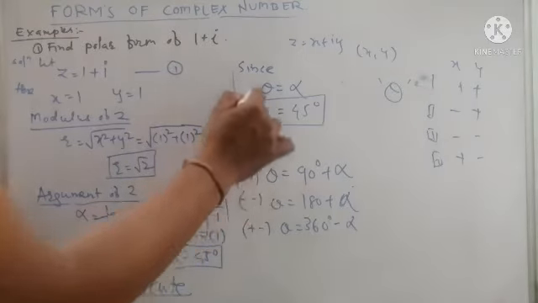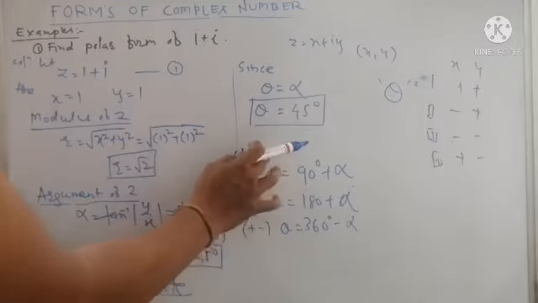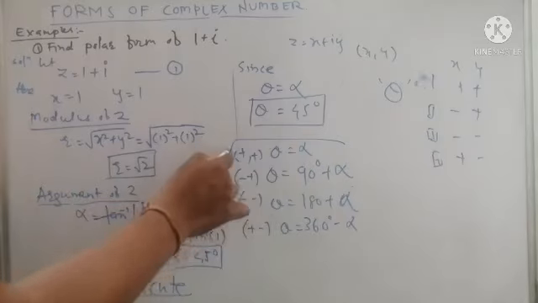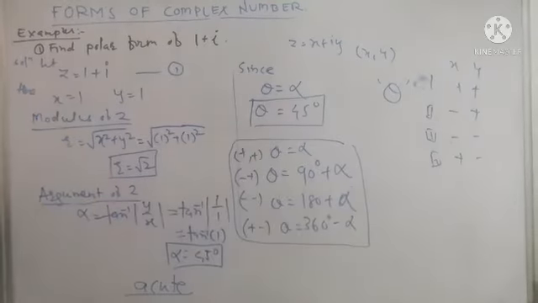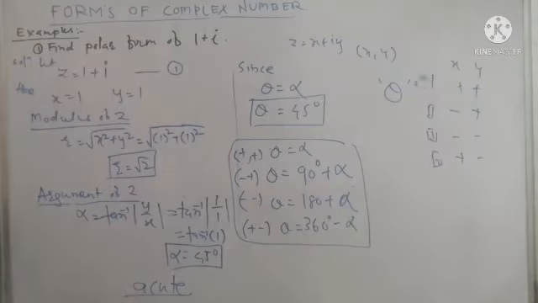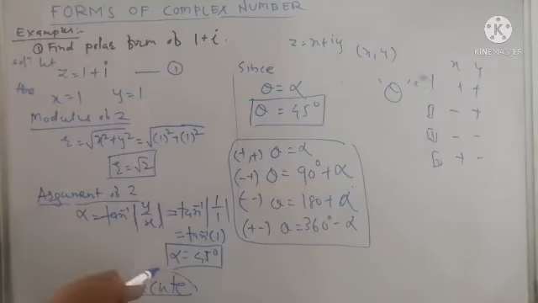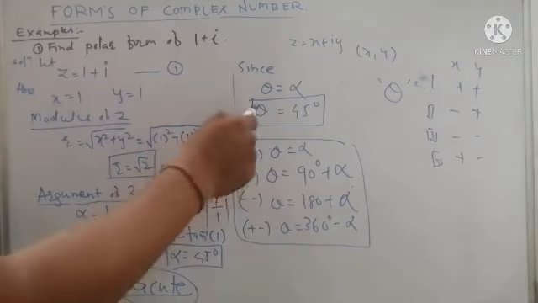As we use the first case, both x and y positive, then theta is equal to alpha. So remember this working rule to evaluate theta. The argument of a given complex number z can be calculated by using this working rule. For that we first evaluate alpha, which is equal to tan inverse of mod of y by x. By using modulus we evaluate alpha as an always acute angle, and using this acute angle alpha we can define theta.